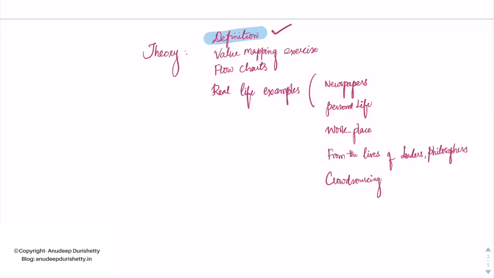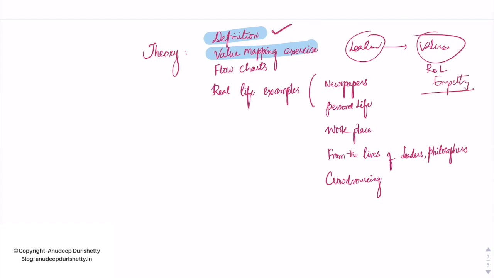Second, do a value mapping exercise. What do I mean by this? In this exercise, you map a particular leader and the values that they stood for. For example, for Baba Saheb Ambedkar, you can say he stood for values such as social justice, rule of law, empathy, human rights, etc. So whenever any question comes on such a particular value, you can always have a particular leader and his or her quotes